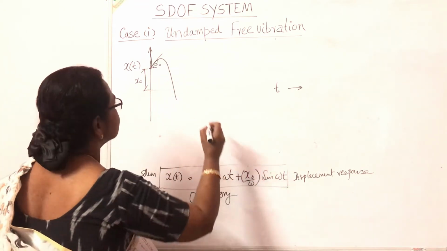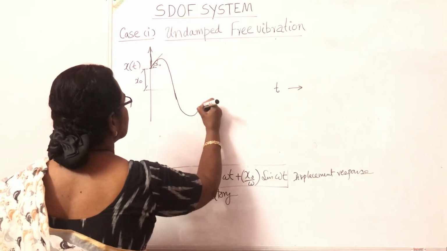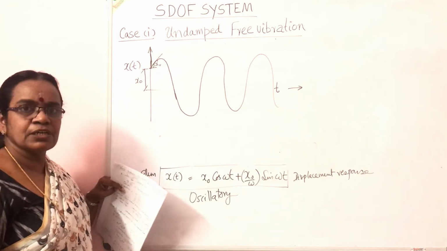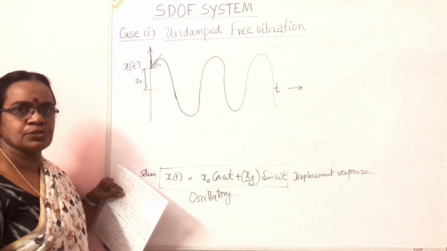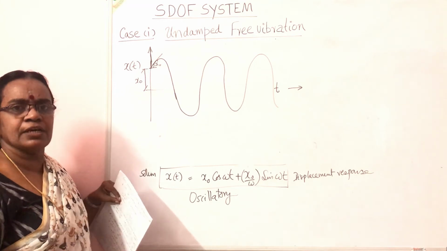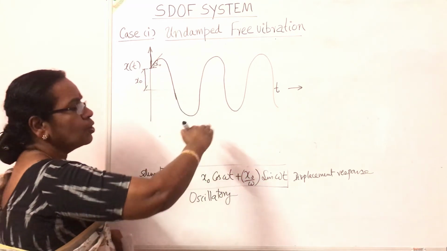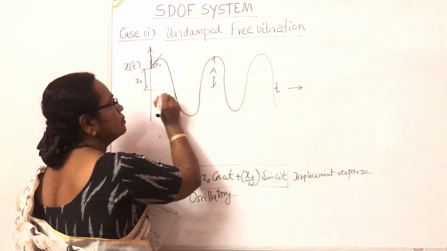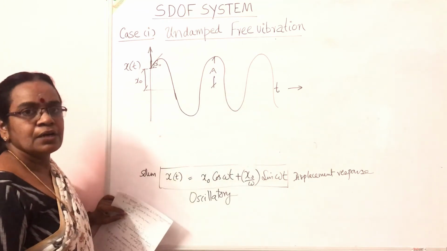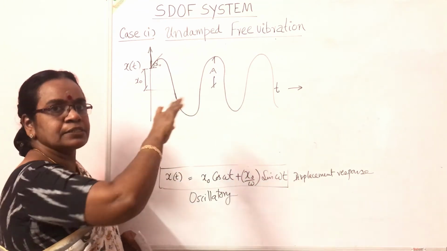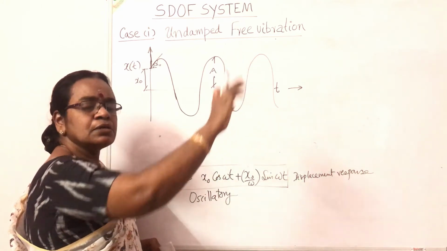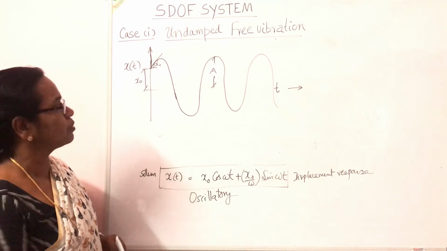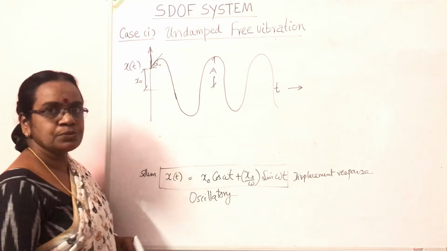And it contains cos omega t, sin omega t terms. That means this will be the pattern of motion. So a system subjected to vibration, if it does not have any resistance to vibration, will go on oscillating with the same amplitude. This is called the amplitude. The maximum displacement from the mean position is called amplitude, and it will go on vibrating with the same amplitude for indefinite time. So this is called the displacement time response, the variation of displacement with respect to time.